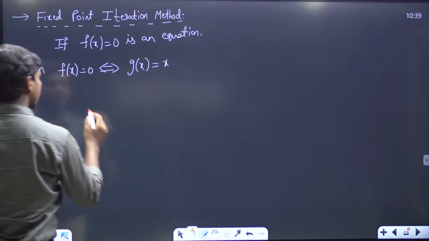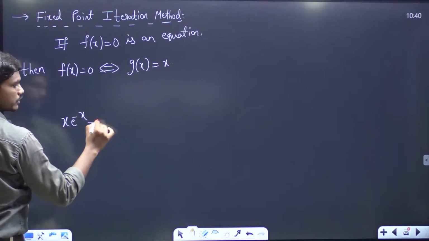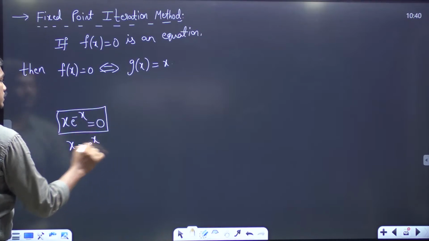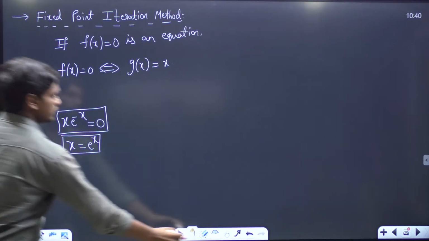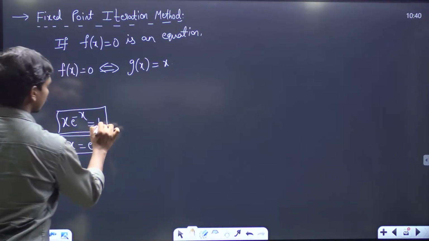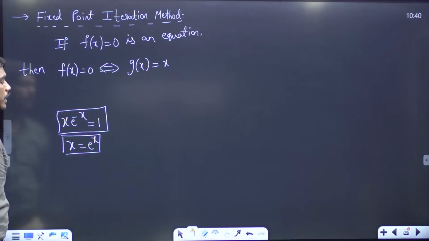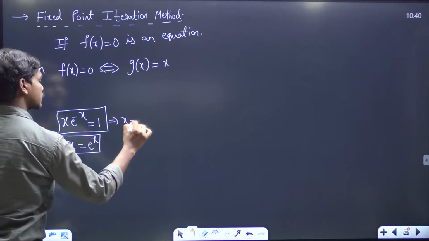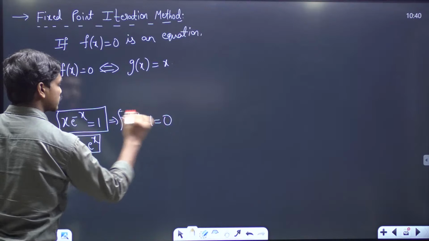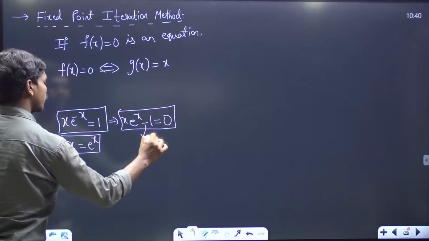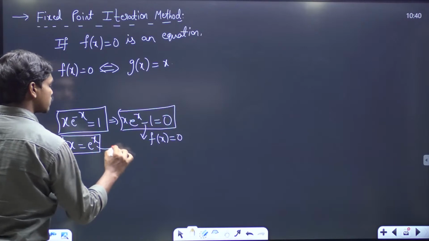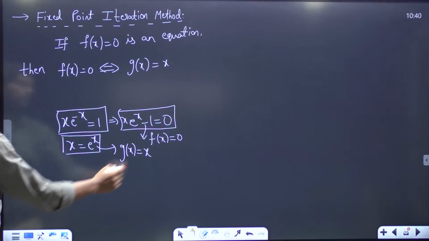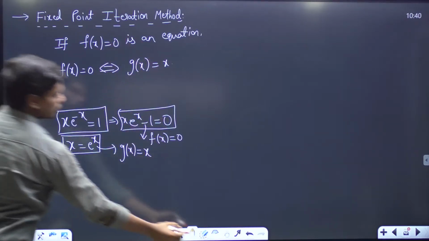For example, if you have a function like x into e power minus x is equal to 1, and you want the solution of this equation, then this equation can be written as x is equal to e power x, and this can also be written as x e power minus x minus 1 is equal to 0, which is f of x is equal to 0. So any function f of x is equal to 0 can be written in this form: g of x is equal to x. It's like taking one x common and writing the whole expression on the other side. So if you convert this f of x is equal to 0 in this form, then